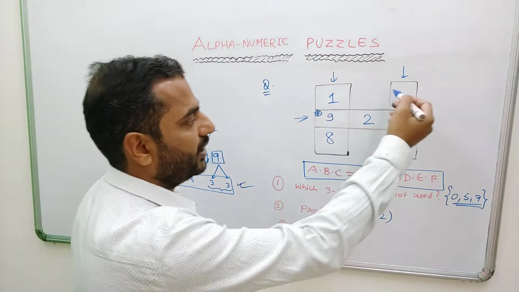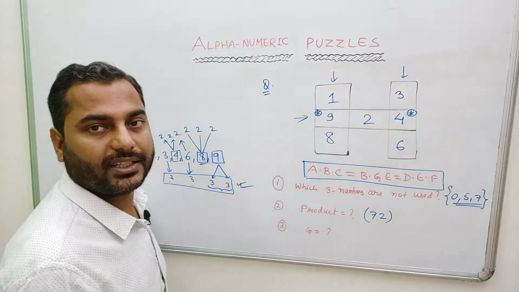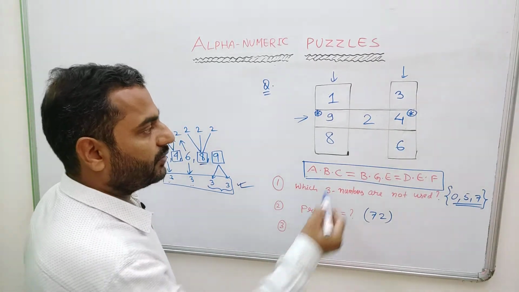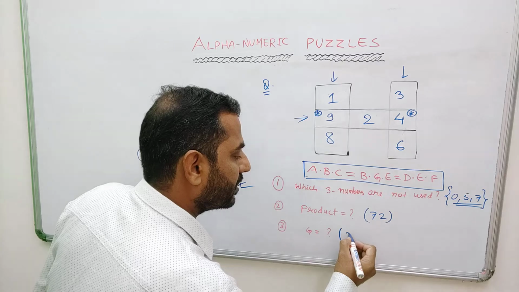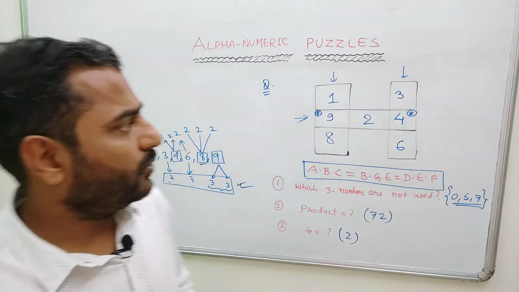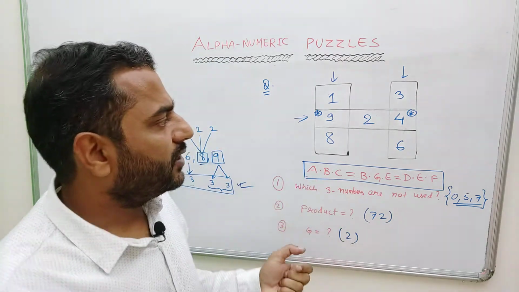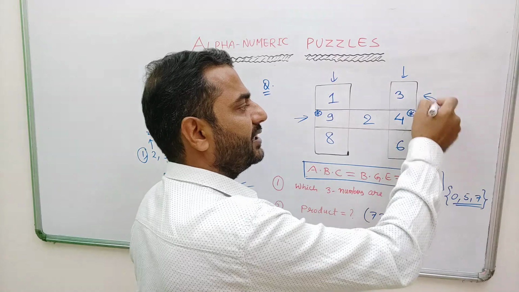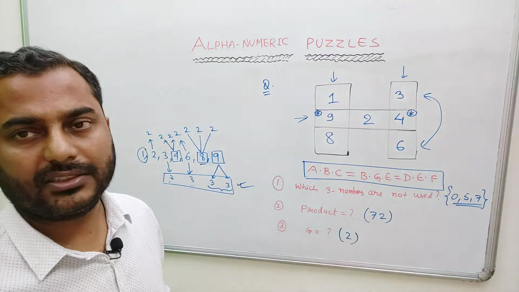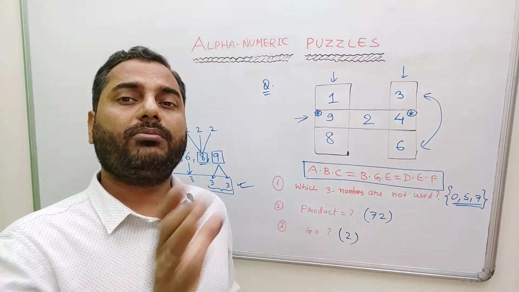So that makes the entire rows and entire columns equal to a constant, and that constant product is equal to 72. Now what is the value of G? This value G is obviously 2. So this is the complete solution, and my question to you all will be, can we interchange some of the numbers? For example, if I interchange 6 and 3, will there be any change? The answer is no.